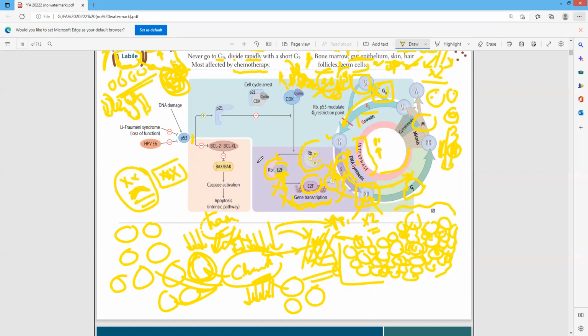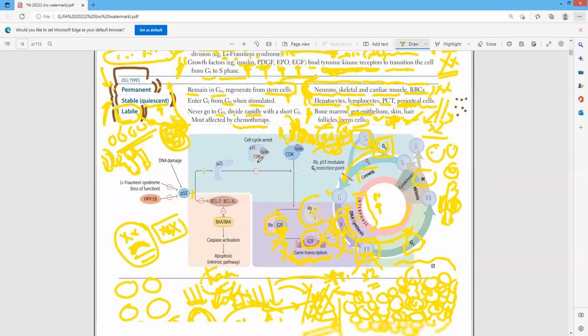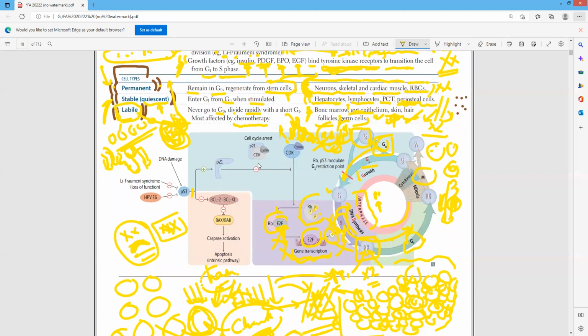I want to tell you another thing. Here we have what's called human papillomavirus. We will see that in cervical cancer and in skin. I want you to remember that human papillomavirus produces a protein called E6 and a protein called E7. E6 inhibits